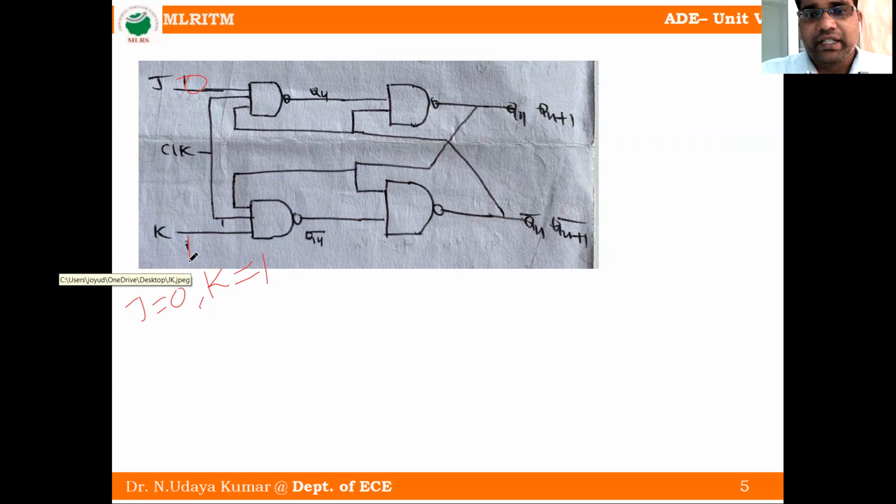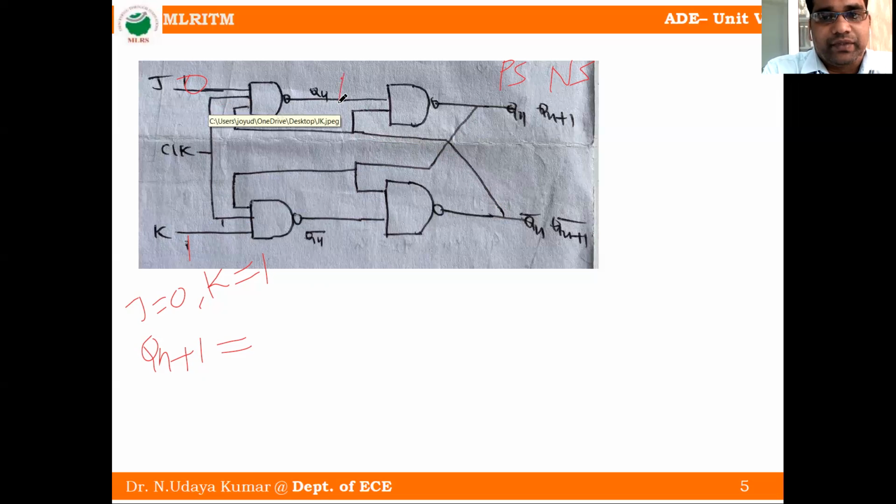First we will find the, so we know that this one is the present state, this one is the next state. So we find the next state, Qn plus 1 is equal to, so 0 is given to the NAND gate, which means the output should definitely be 1. Then the other input is Qn bar. So 1 into Qn bar, and NAND gate means whole bar. So we will get Qn.